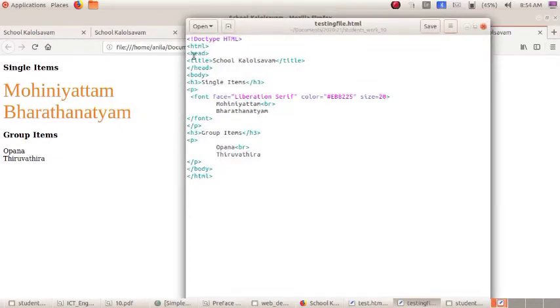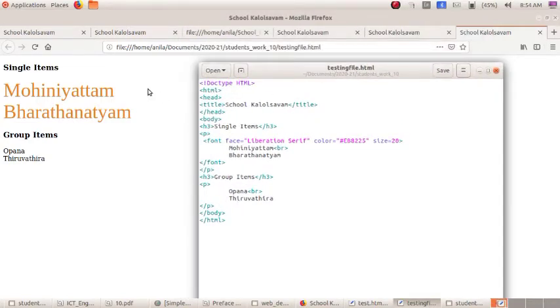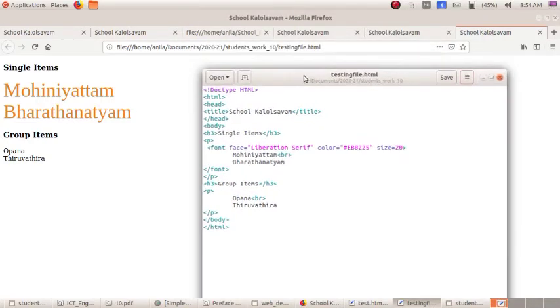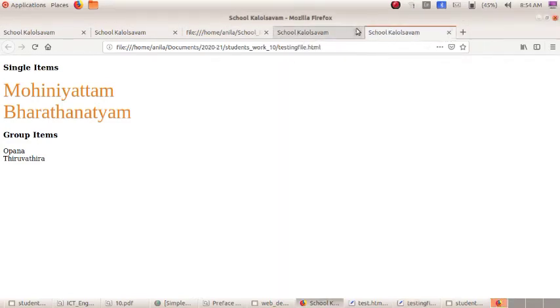See, in the head tag I have given the title as School Kalolsavam. So where does it come? See, this is the heading, School Kalolsavam. So the title comes here.